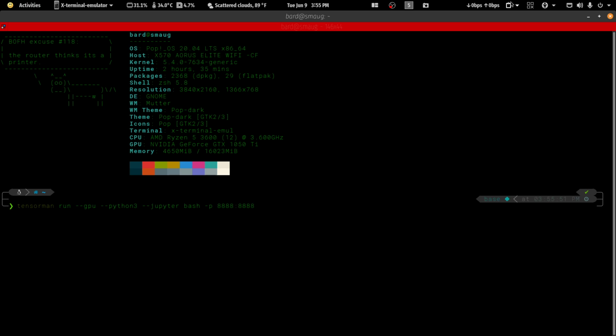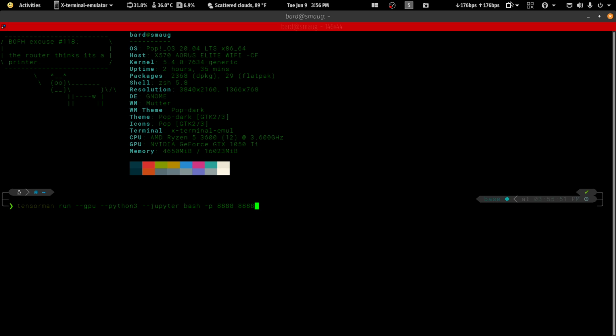And what System76 have done with Pop! OS is included something called TensorMan, which you can think of as a kind of an alias for Docker. And what they do is they maintain Docker images that have TensorFlow installed with the correct drivers and all of that sort of thing,